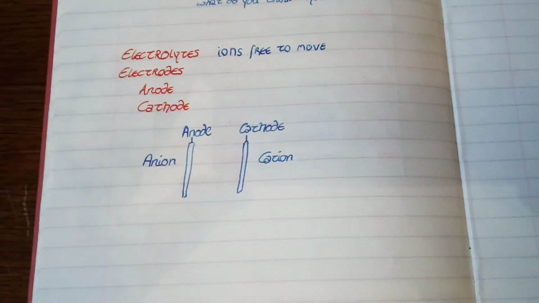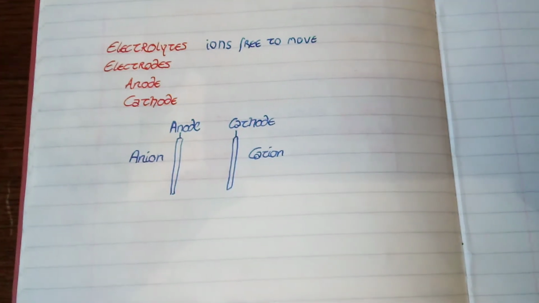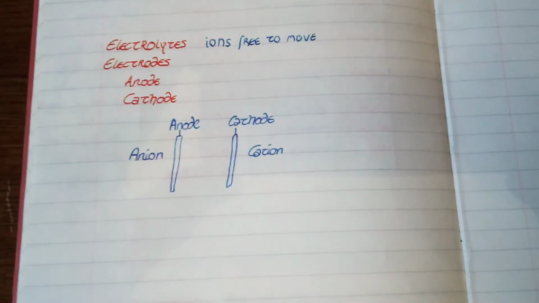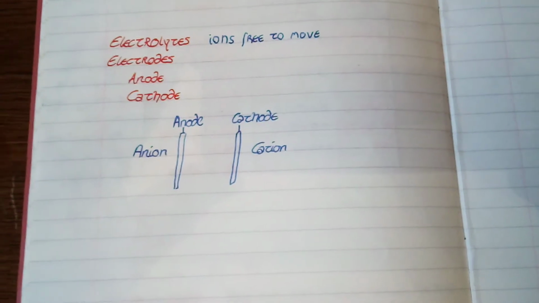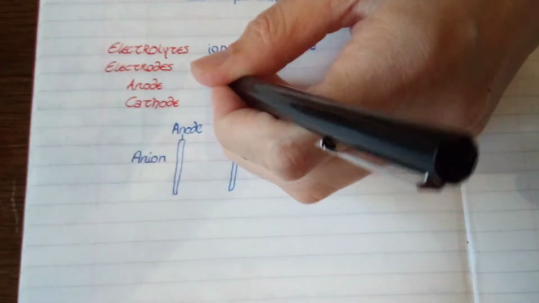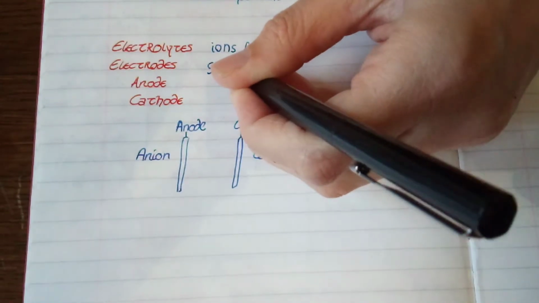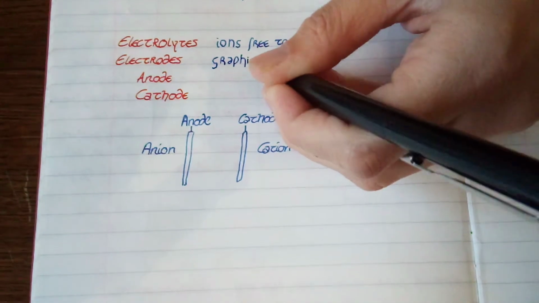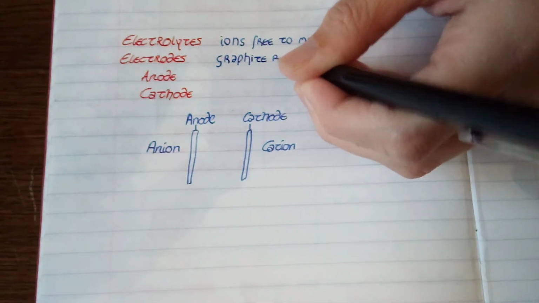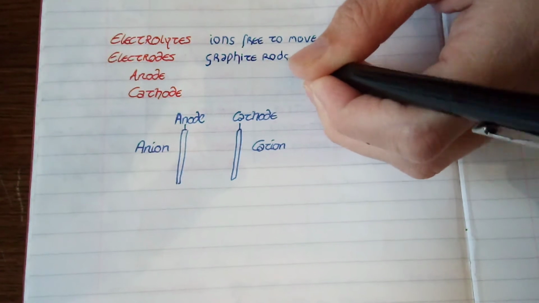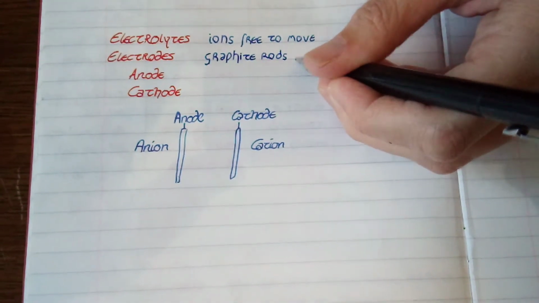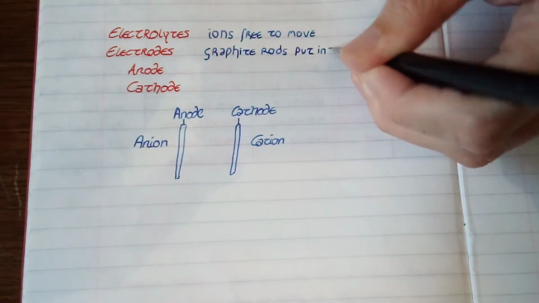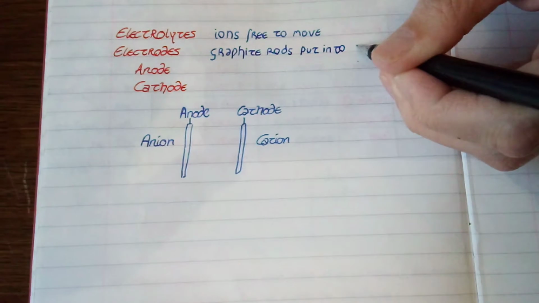So they're going to be put in your electrolyte, and basically they put the electricity into it, and the electricity moves through your electrolyte and back out the other side. So graphite rods put into the